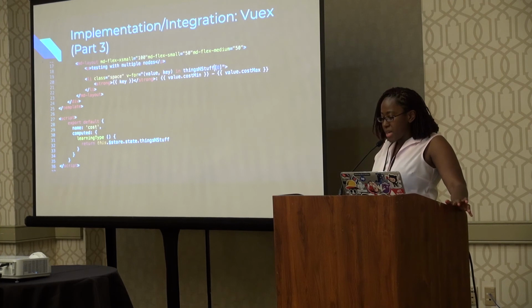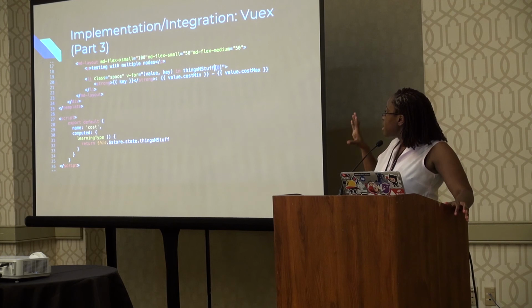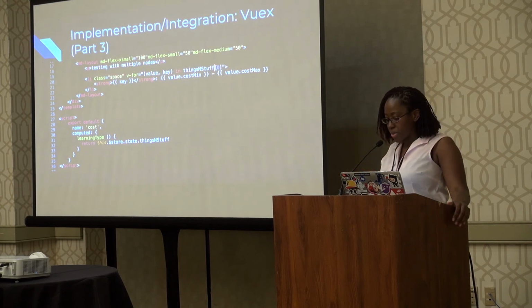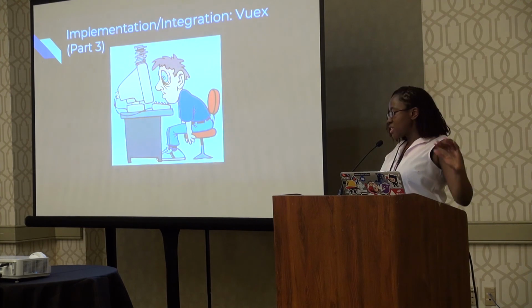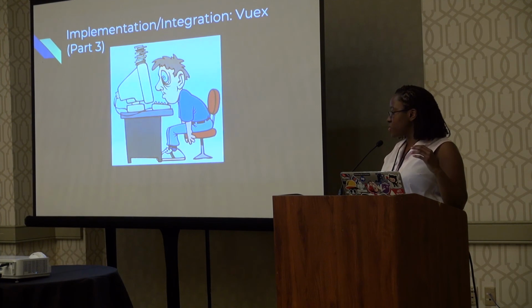And then in order to actually make it visible through the actual Vue, I had to essentially take the computed value of the actual store, and return the store with the actual name. A lot of this is also fake, but it was an example that I wanted to show. And then I had to add it to the template using expressions and directives, like you would in a regular app whenever you're working with data. So all of this took a lot. It was difficult to find information on all of these things, especially when you're trying to put all three of them together, but I did eventually manage to fully integrate all three of the